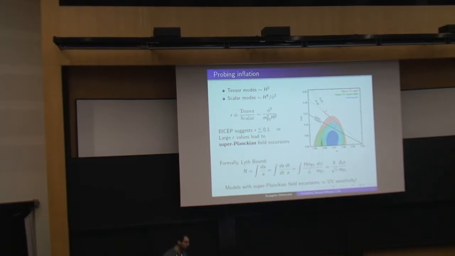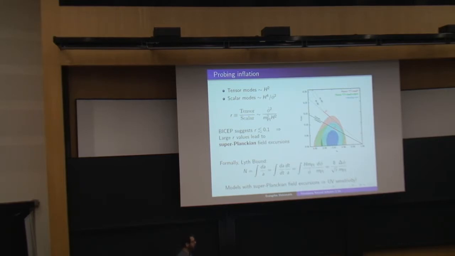Tensor modes in general models probe the Hubble scale during inflation, or the energy scale of inflation, and tensor modes scale like the Hubble to the fourth over the field, the infrared field velocity. So the tensor-scalar ratio is in some sense a measure of the normalized or non-dimensionalized velocity of the inflaton